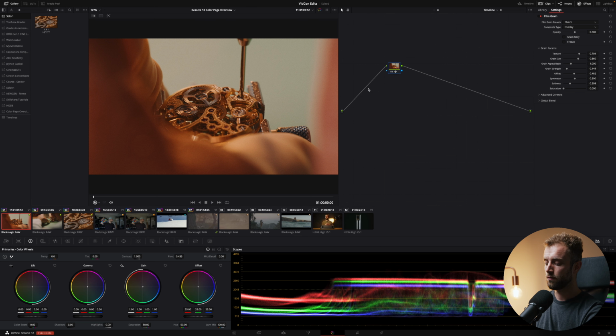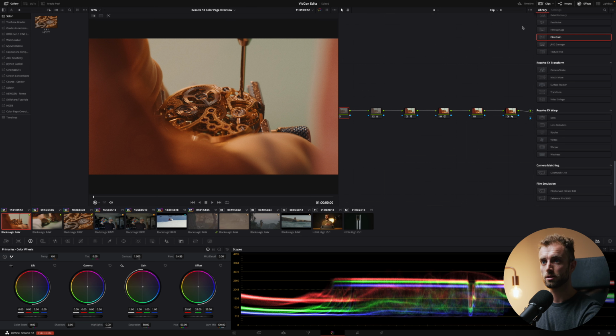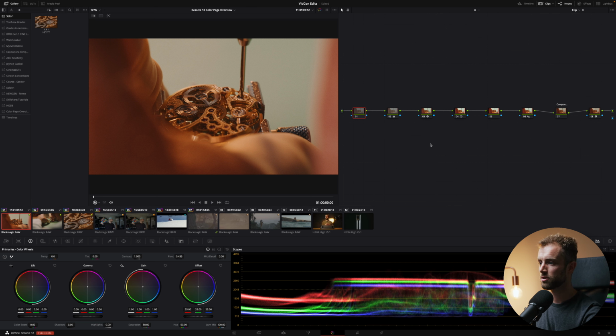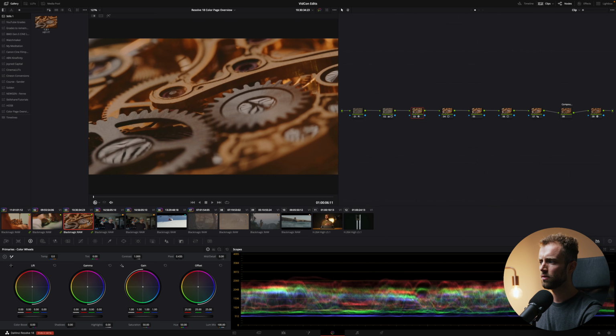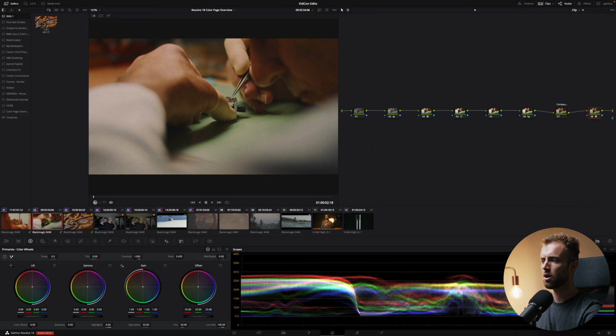All right, so that's a very powerful way. Now, if you want more control, that's also possible because it's DaVinci Resolve. Let's say I want to add film grain only on the watchmaker clips. Now, I can do the same thing. I can highlight all these clips, add into current group, but for this example, let's add a new group. Let's call it watch. Boom. Now, if I click on these clips, it will automatically get into that group.